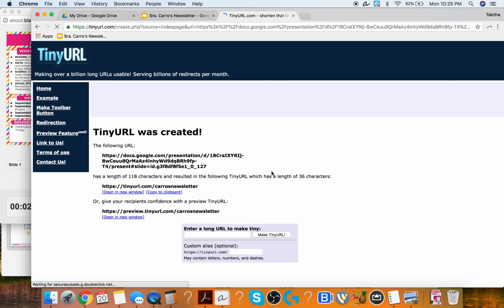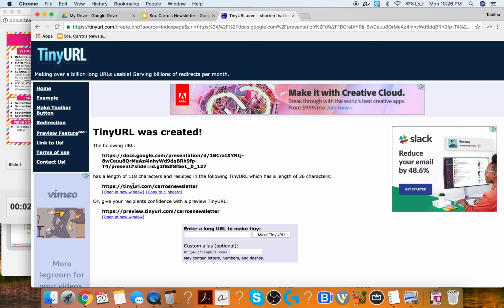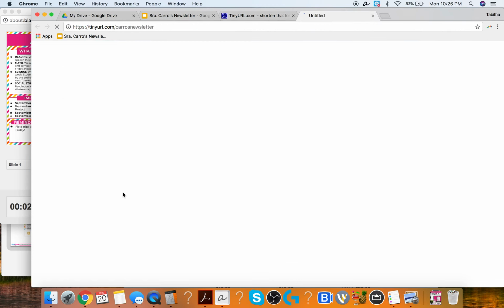and there we go. This is the user-friendly. You don't even have to tell them this HTTPS thing before. You can literally just say, okay, go to tinyurl.com/ whatever you chose right here, and it's going to go directly